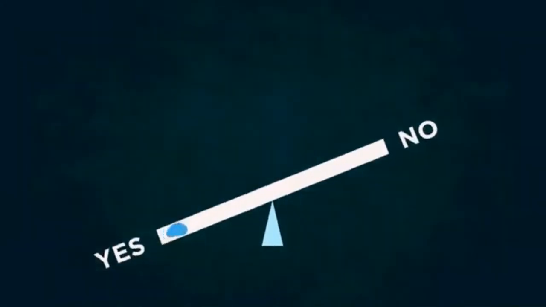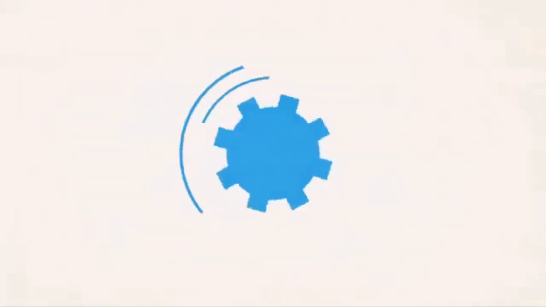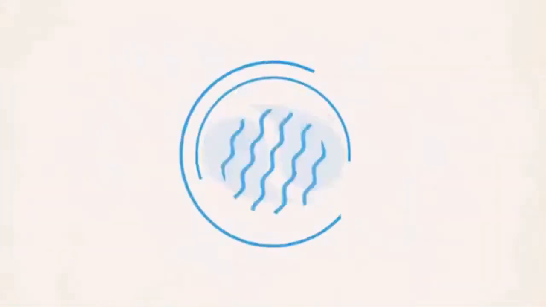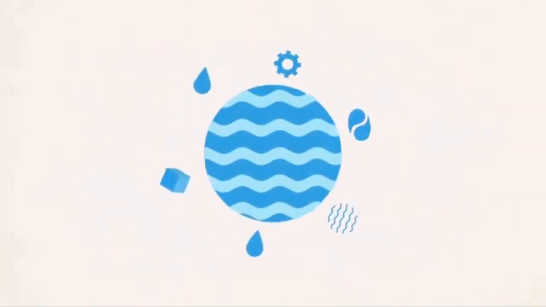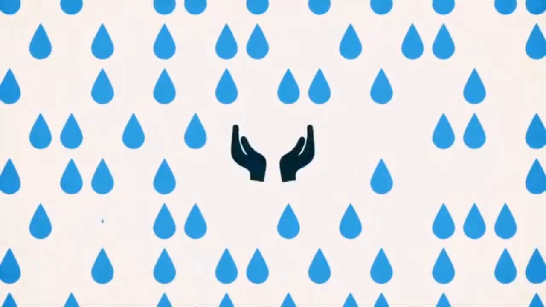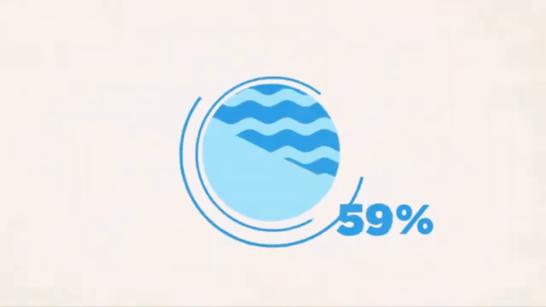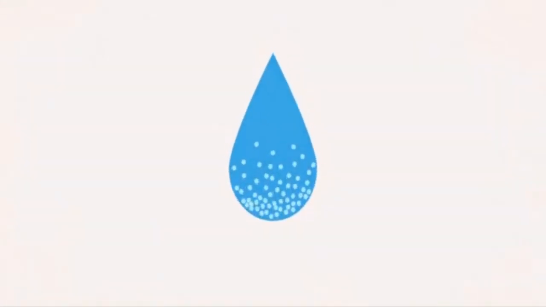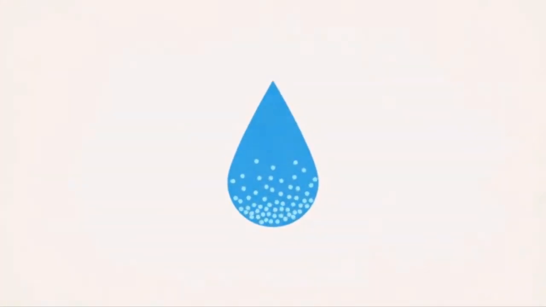Well, yes and no. At a planetary scale, Earth can't run out of fresh water thanks to the water cycle, a system that continuously produces and recycles water, morphing it from vapor to liquid to ice as it circulates around the globe. So this isn't really a question of how much water there is, but of how much of it is accessible to us.